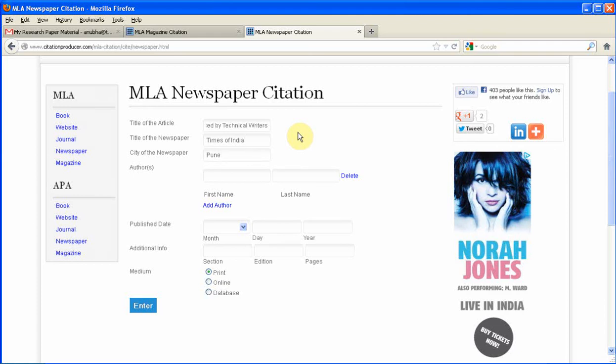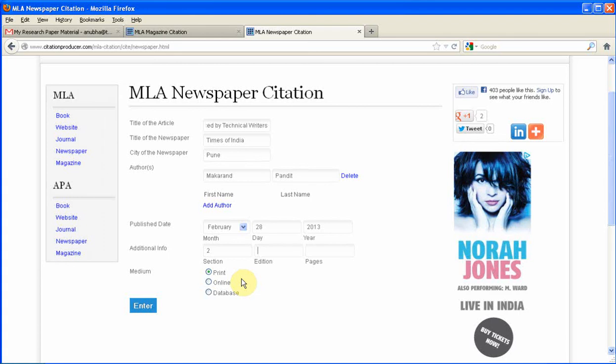In the author's field, enter the first and last name of the author. Enter the month, date, and year in the published date field. In the section field, enter the section number of the newspaper.